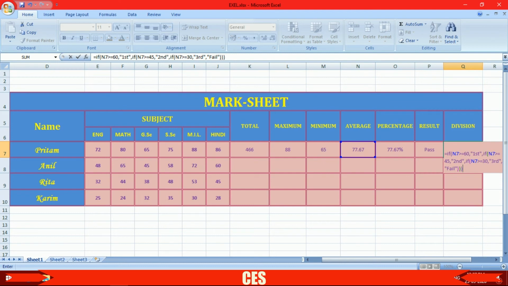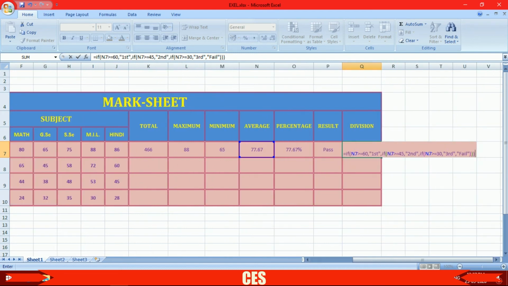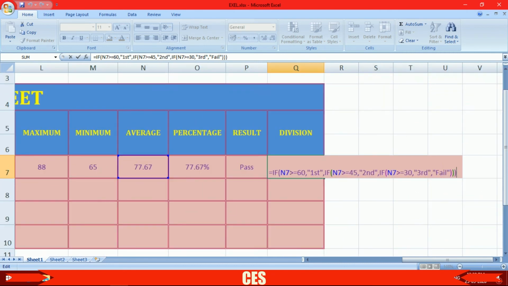Guys, please check the formula or write it down. If you want, you can write it down. I'm going to zoom in. Write it down if you want.